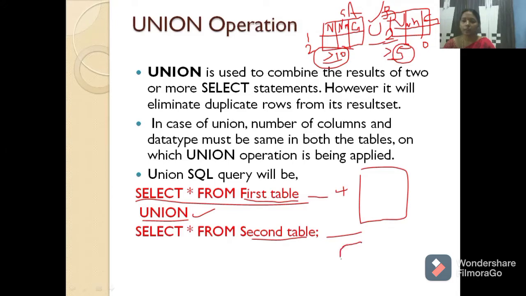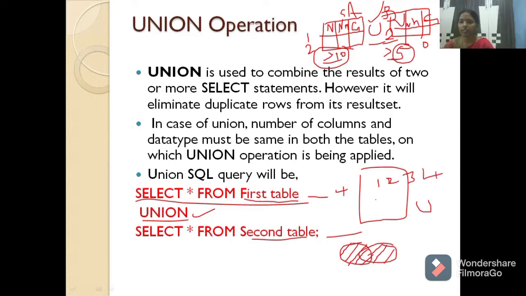Now consider I'm representing this in a Venn diagram. This is table A, this is table B. If you perform union, all the rows will come. For example, this intersection part consists of two rows. That means this table's rows are also there and this table's rows are also there, so you will get only one row. That means duplicate rows are avoided. Now, do you remember the union operation in sets? Consider in a set you have the numbers 1, 2, 3, 1.